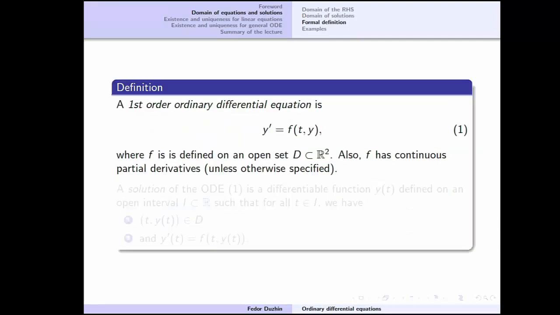So here is the definition. A first order differential equation is the following expression: y prime equals f of t, y. So f is supposed to be a function of two variables, and it is supposed to be defined on an